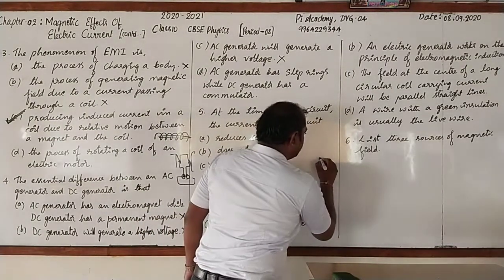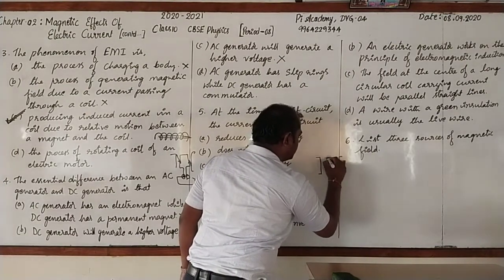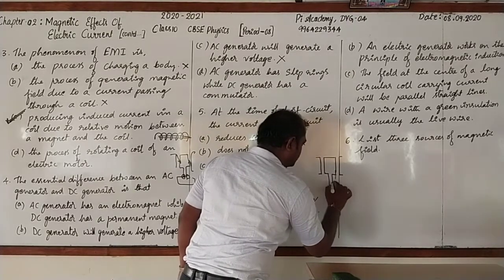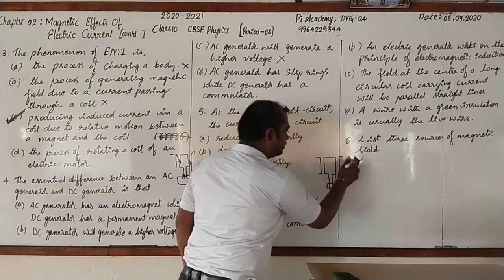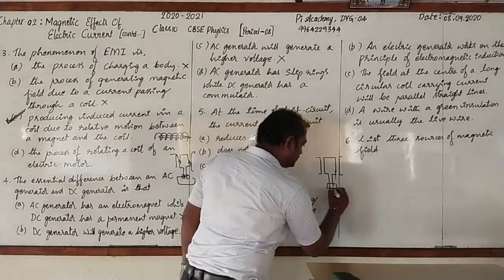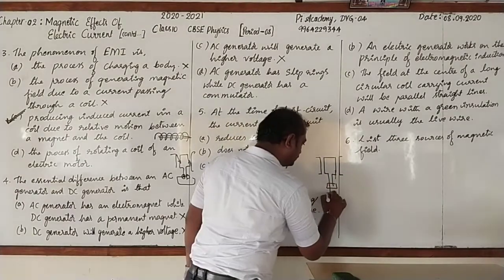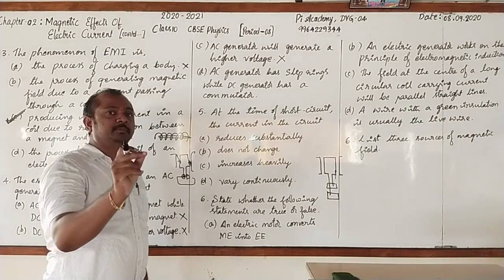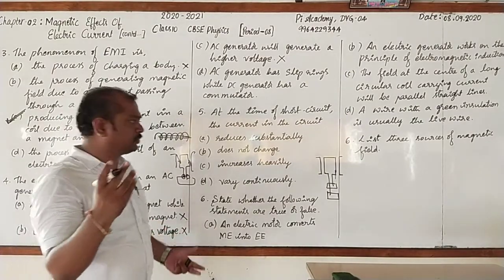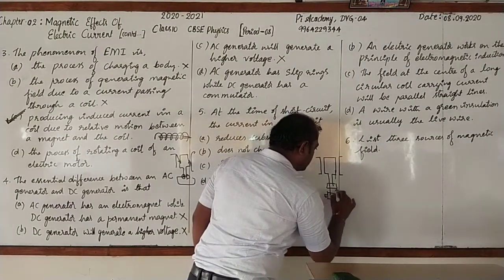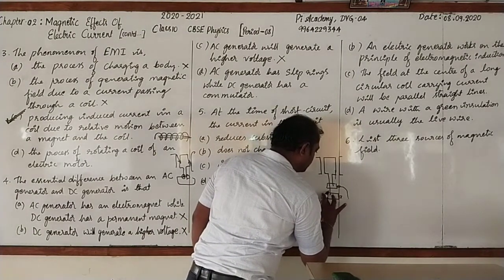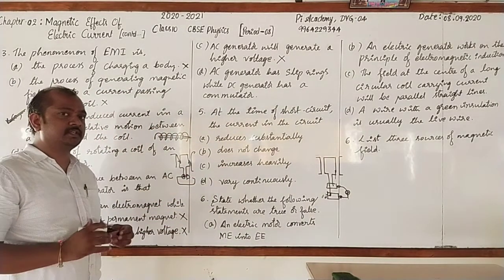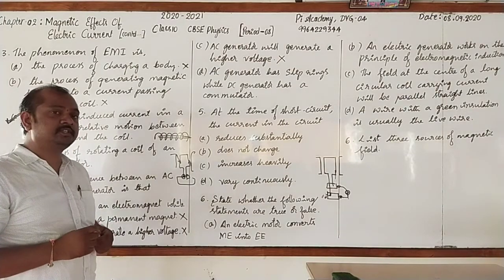Look here. Here I am just showing the AC generator. This is a rectangular coil of insulated copper wire mounted between the poles of a field magnet, and the free ends are connected to two slip rings, S-L-I-P, slip rings, nothing but full rings, two full copper rings. The carbon brushes will also be there, and here the load will be used. This is the AC generator. Whereas the DC generator is very simple.